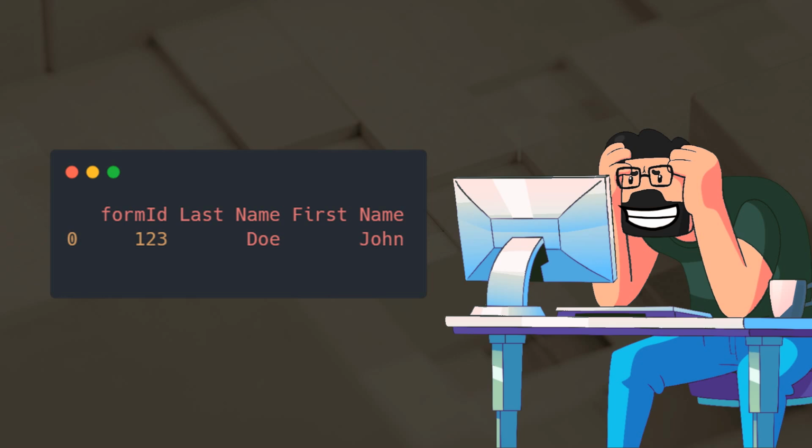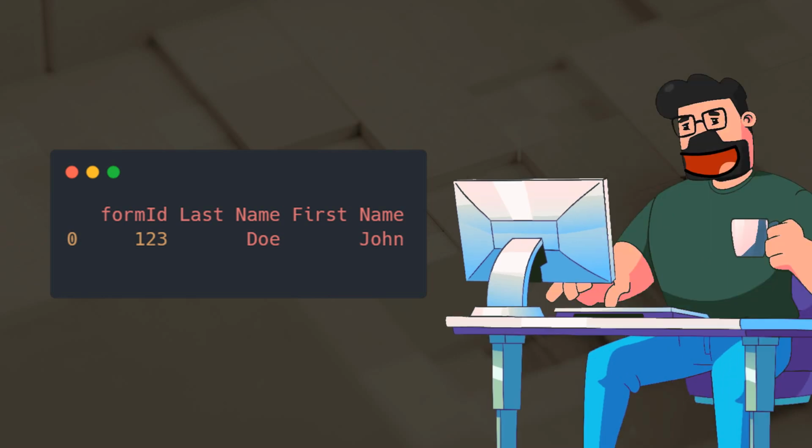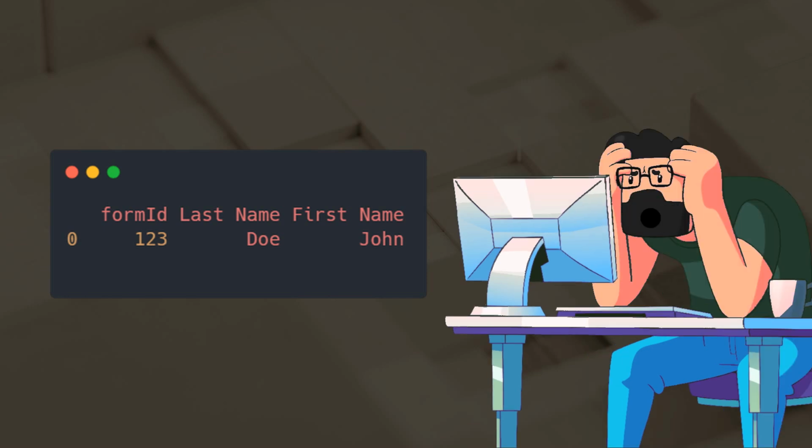In continuation with the solution, the newly constructed data frame is then printed, showcasing the transformed data with each field from the original list of dictionaries now represented as separate columns. This approach eliminates the need for nested loops and directly creates the desired output in a more concise and elegant